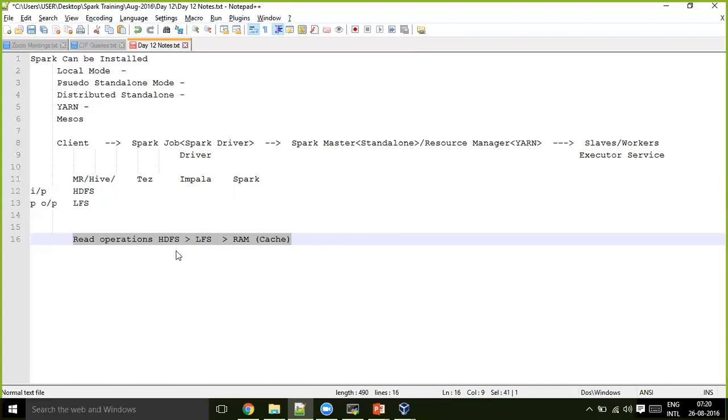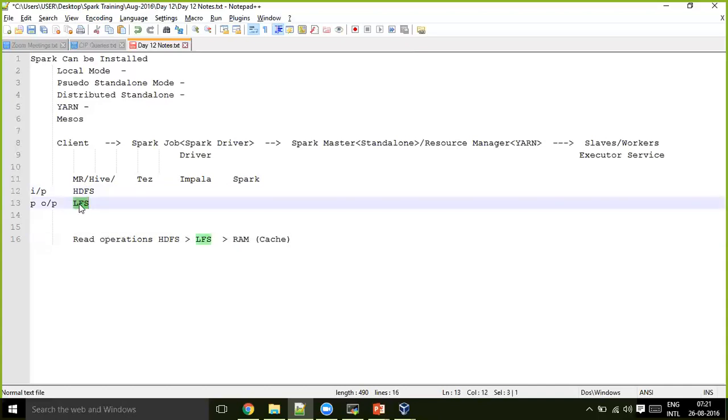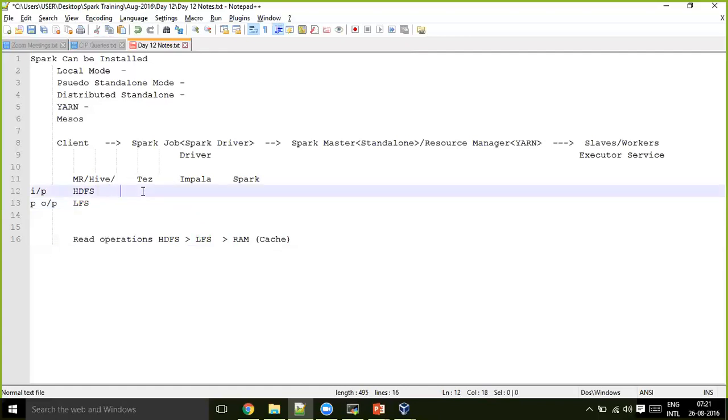Now, in MapReduce or Hive, both input and intermediate output are read from these two, HDFS and LFS. And Tez also used a bit of the same mappers and reducers kind of tasks. It used a somewhat better framework, but it was not that successful.